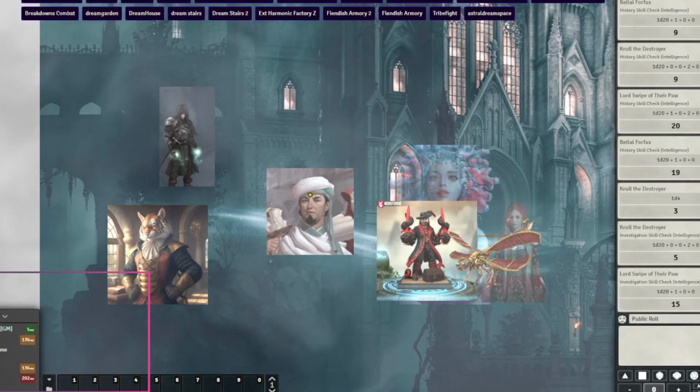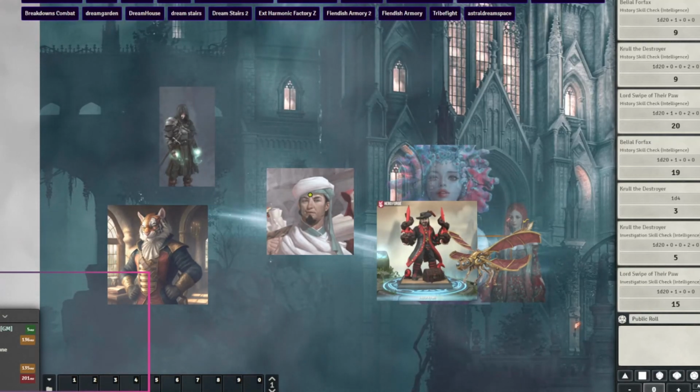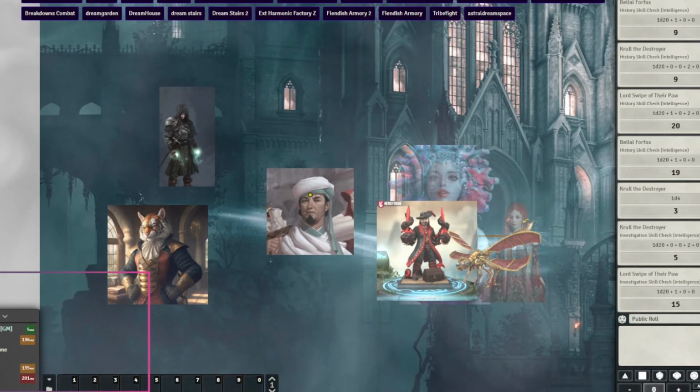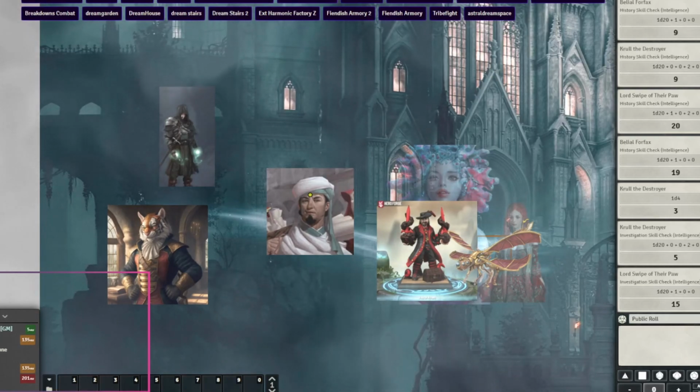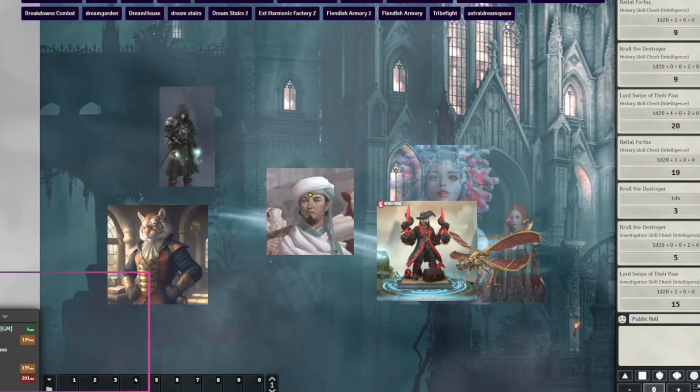Okay, quick question for you. So, do you allow the help action? So, if somebody helps someone, do they get to roll at advantage? Yep, if you are trained in what you're helping in, you absolutely can help each other. And if you want to do it as a group check where you can essentially both roll and only one of you has to pass and any failures are negated, you can do that unless I say otherwise pretty much at any time. I'll tell you if it's impossible. Okay.